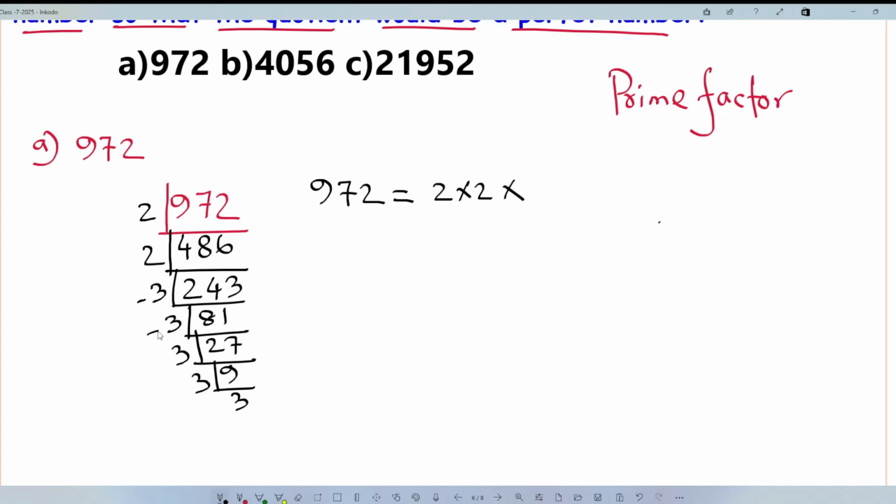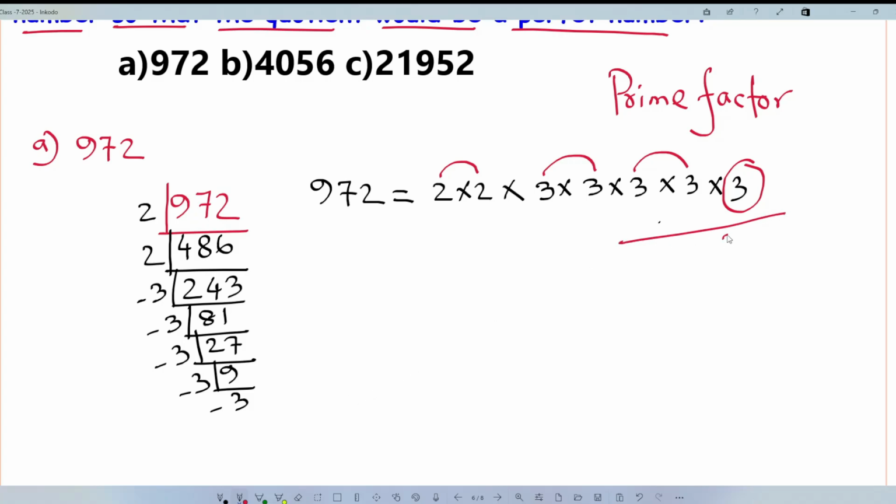then 3 times 3 times 3 times 3 times 3. And for factorization, as we already know, we need to pair each number. So this one, this one, this one. So this is a single digit. Therefore, look, if we divide by this 3, from these numbers this one and this one